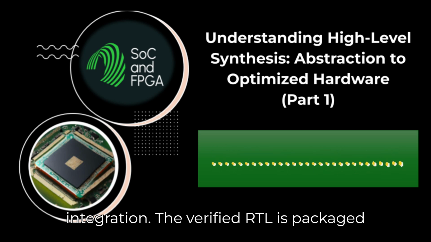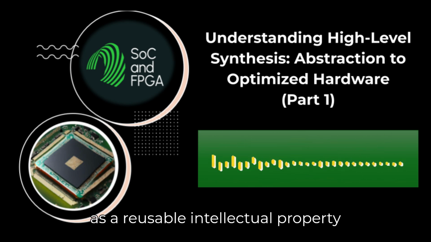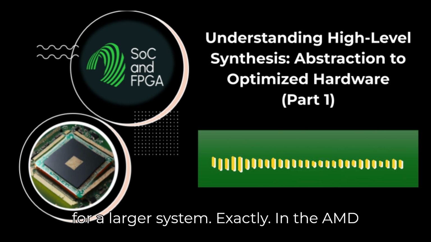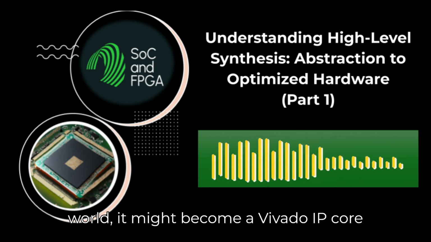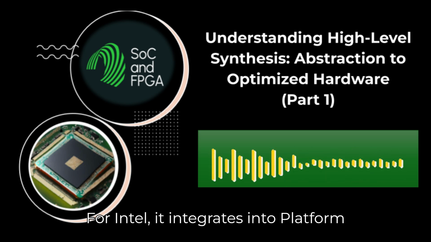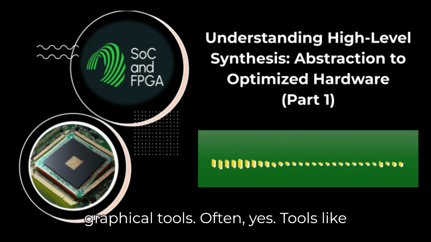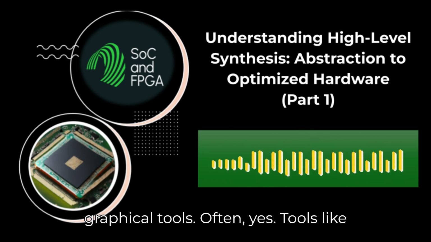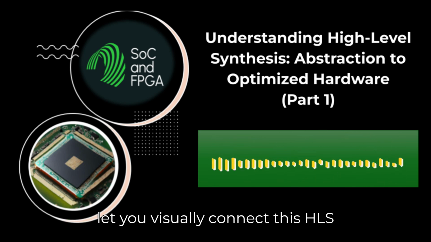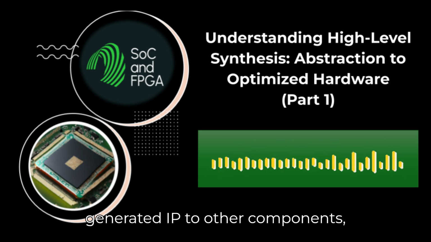The verified RTL is packaged as a reusable intellectual property block, an IP core. Like a building block for a larger system. Exactly. In the AMD world, it might become a Vivado IP core or a Vitis kernel object, an XSO file. For Intel, it integrates into Platform Designer. And then you integrate it using graphical tools. Often, yes. Tools like Vivado IP Integrator or Platform Designer let you visually connect this HLS-generated IP to other components,